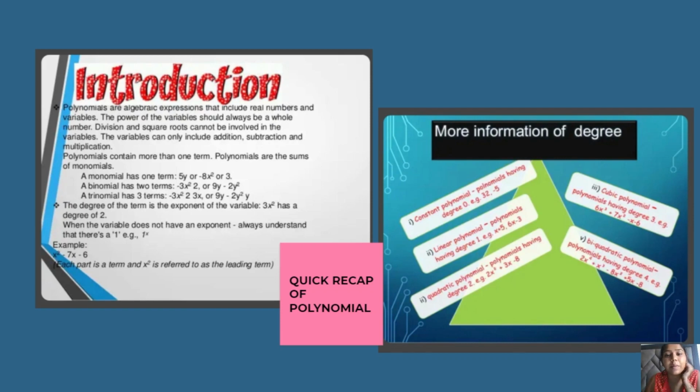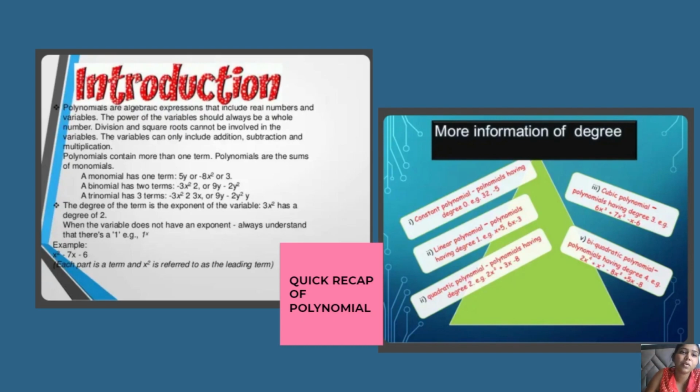So without wasting time, this is a brief intro, a quick recap. For polynomial, you can visit our class 9th sessions, and you will get the whole PDF for the polynomial. What is polynomial, what are the types of polynomial, what is degree, what is constant term, what are the other types of polynomial, what are the examples, what are the constants, what are the variables. These are certain things that I have discussed in more detail in class 9th.